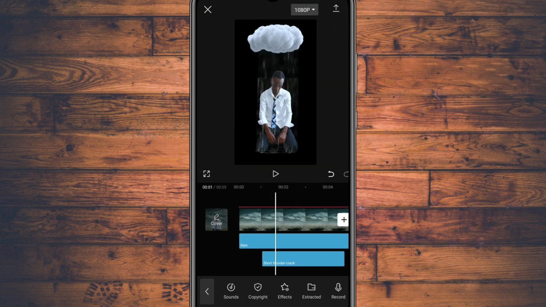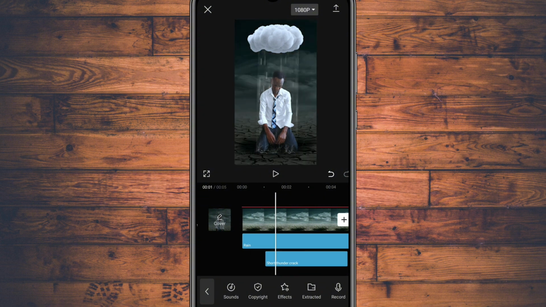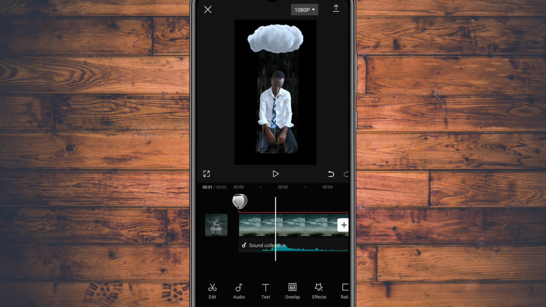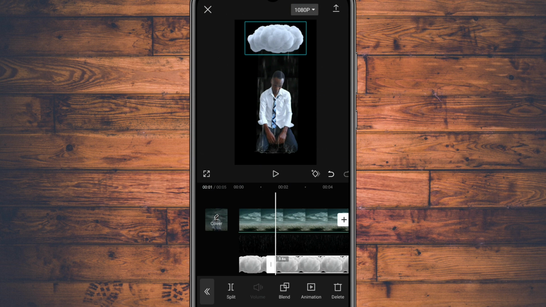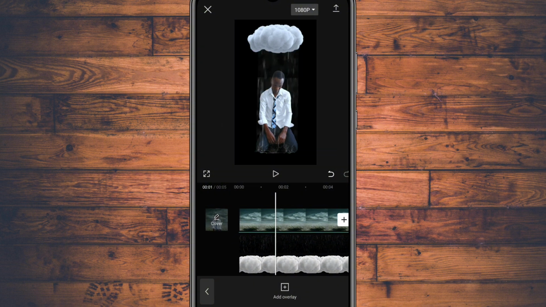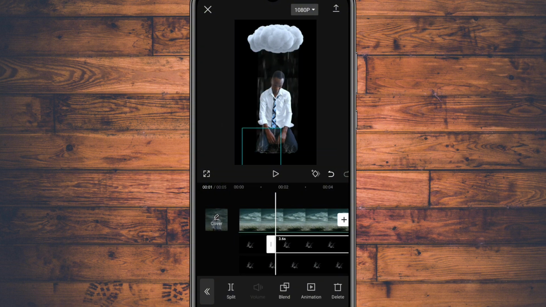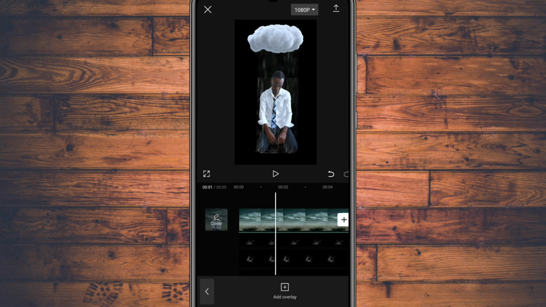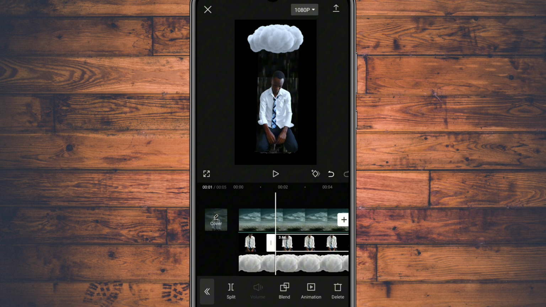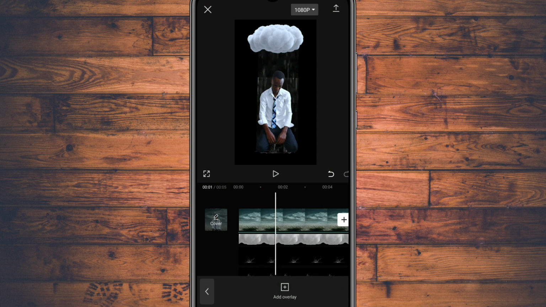So what we're going to do is you're going to play the video and wait for that moment when the black shoot is covering the background, which is this. Then you're going to cut out each layer of the image that we added without moving the white line. So to make sure you cut them in order, start with the upper one, then keep cutting them, all of them at the same exact time without moving the white timer. So when you do so, after cutting all of them,